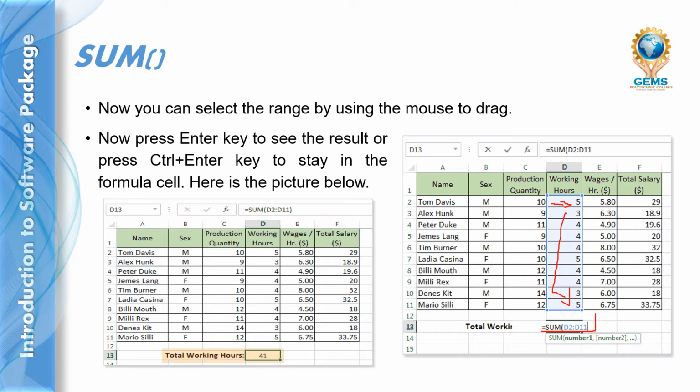Likewise you select the range to sum the total working hours. The output of the total working hours in this example table is 41. This is the formula for calculating the sum of total working hours.